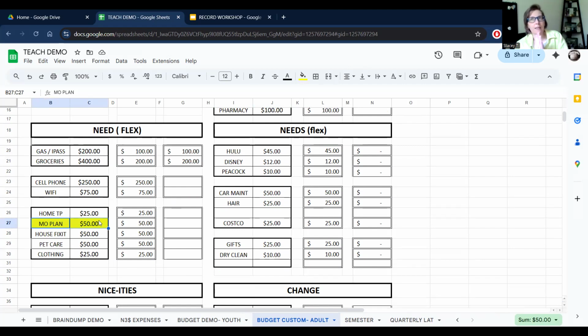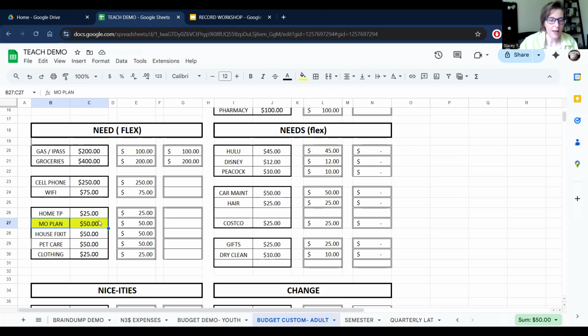Monthly plan is kind of like if you're a homeowner and you know about escrow. Escrow are the taxes. This is how they also do it when you set up a budget plan for some of your utilities: they take the average and then divide it by 12, and that becomes your monthly plan.